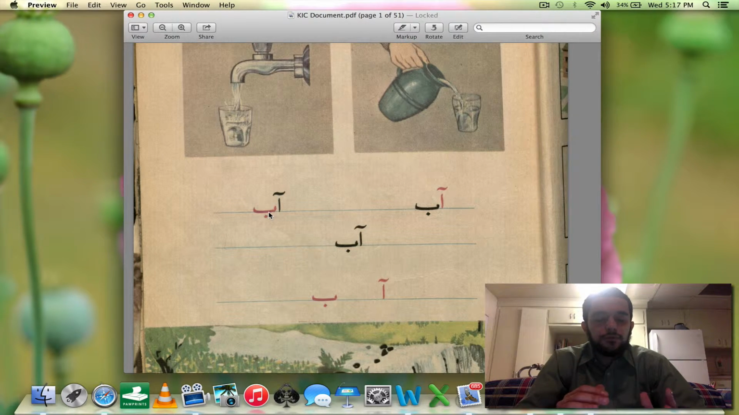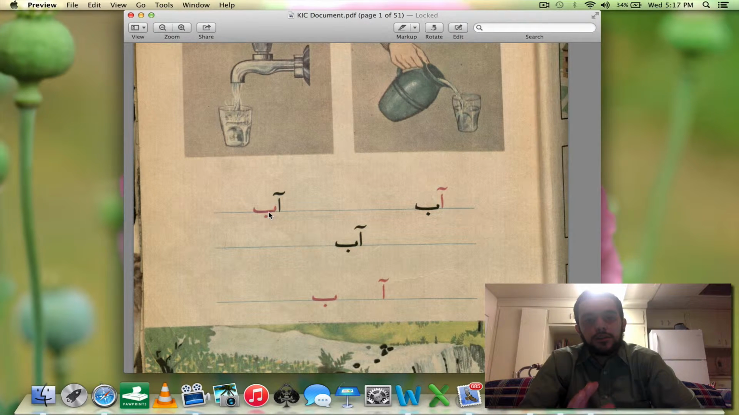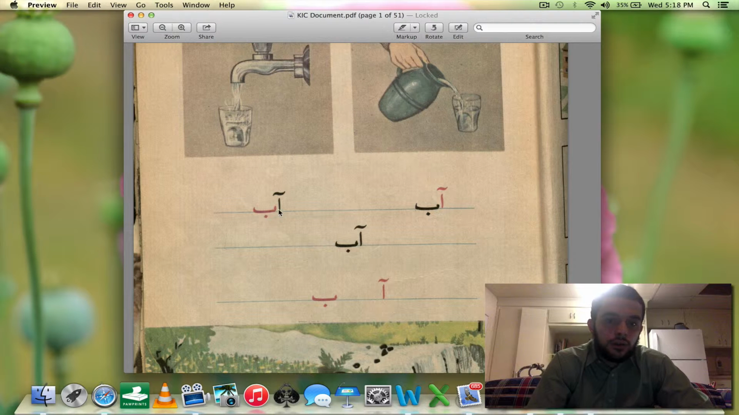And if you remember, you have beginning forms, middle forms, and end forms. Sometimes a letter can have only one form. Sometimes a letter can have a front form, middle form, and end form. And sometimes the middle and the front form are the same letter. So I'll explain later. So you'll see more and more examples as we go. So ab, ab, ab. A, B,